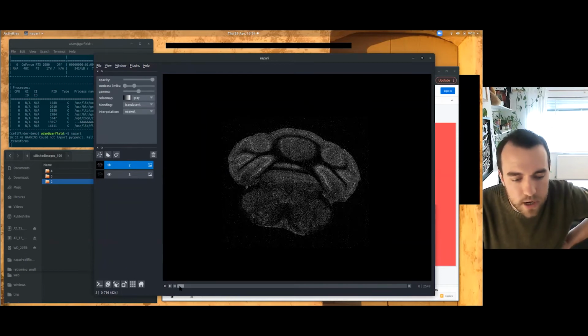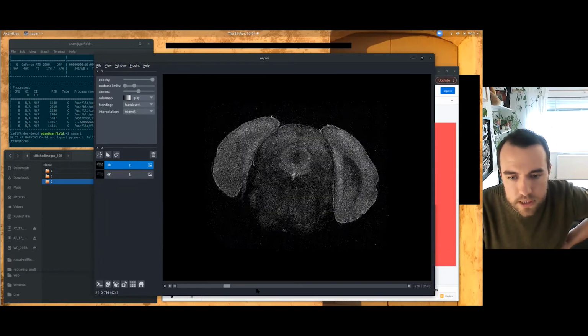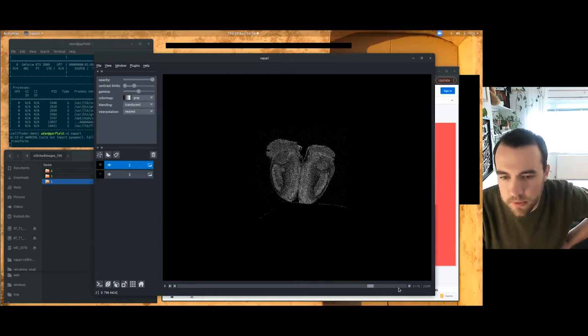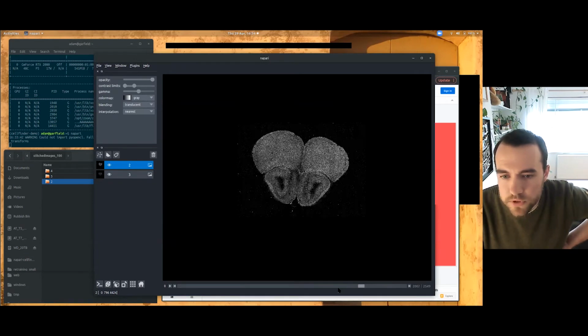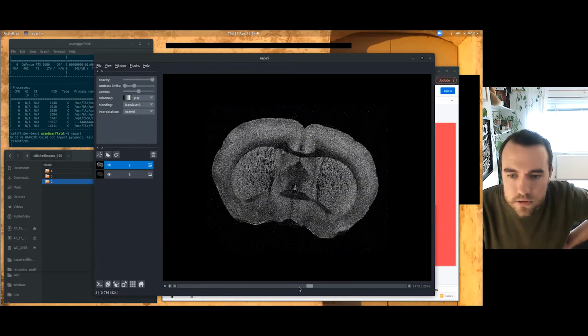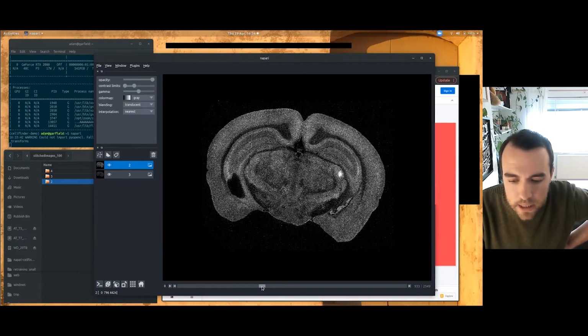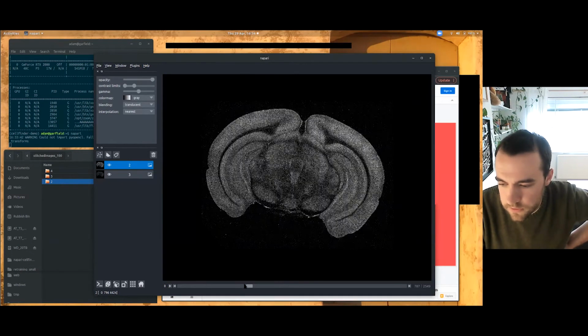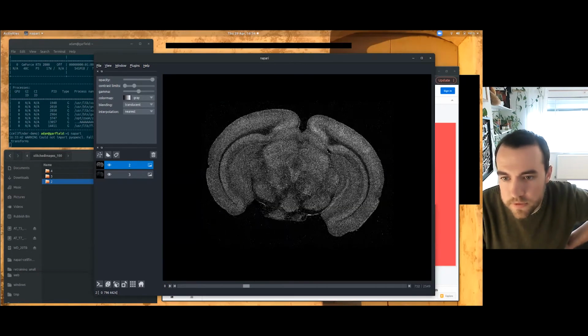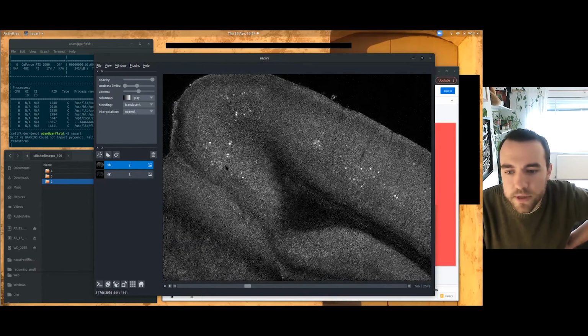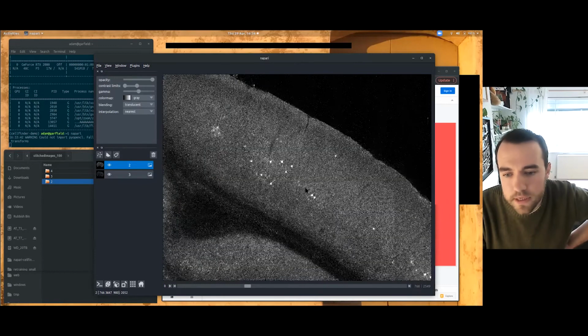This is the back of the brain, and it's a full 3D data set of a mouse brain, which is about 300 gigabytes or something, I think, which is all loaded lazily from disk using Talley Lambert's plugin, nice and relatively quickly. And if I find somewhere where there are some labeled cells and zoom in, you should hopefully be able to see that scattered throughout the brain, there's various labeled cells.